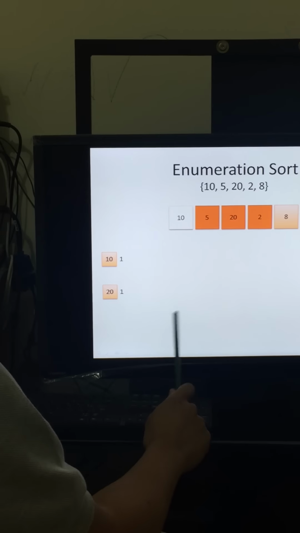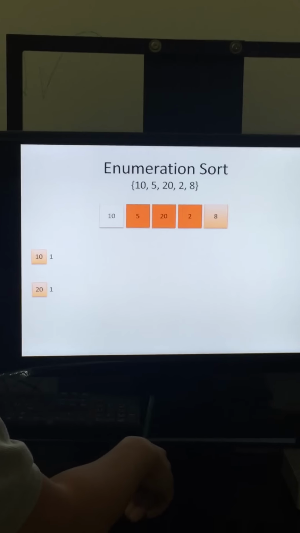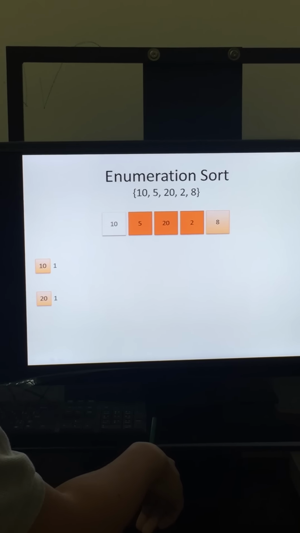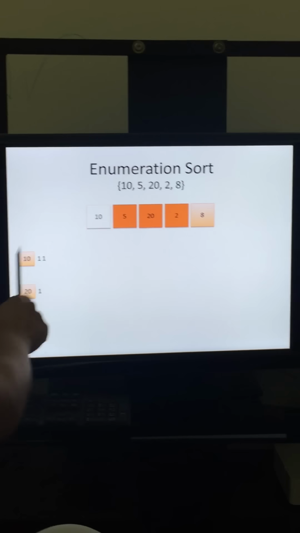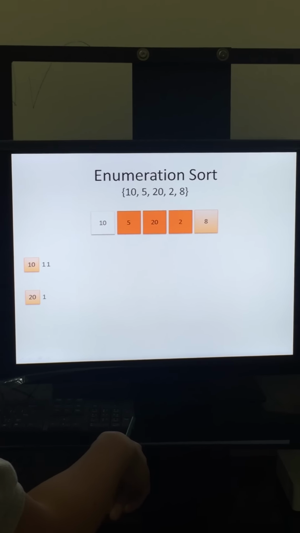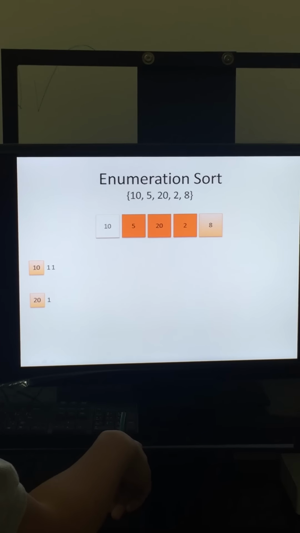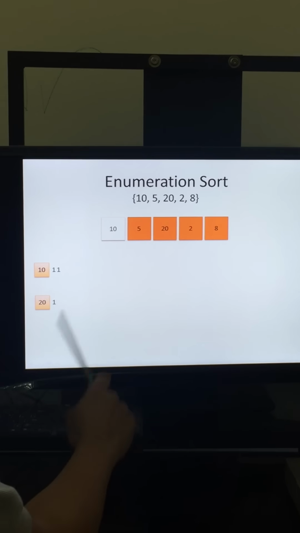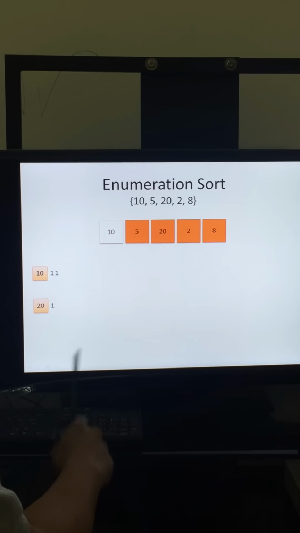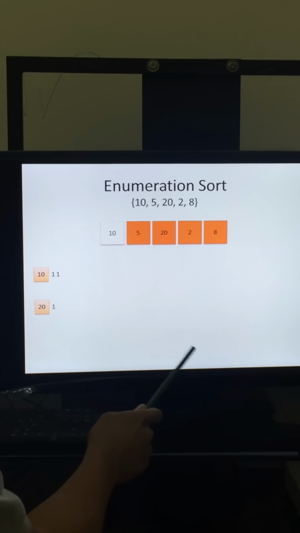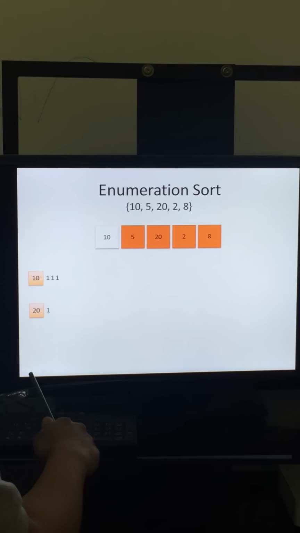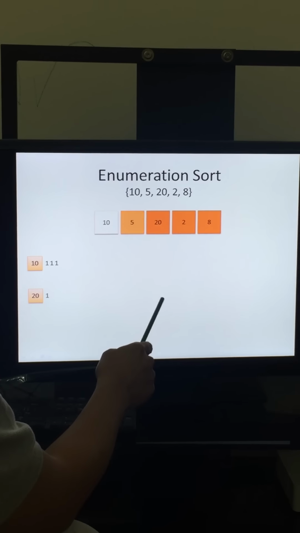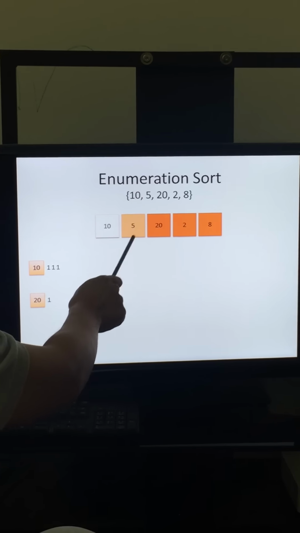element, 10 is greater than 2. It's equal to true. Because it's true, we need to add another count for 10. And the first element to fifth, 10 is greater than 8. It's equal to true. Then add another 1 to 10. After all this step, we need to move from the second element,